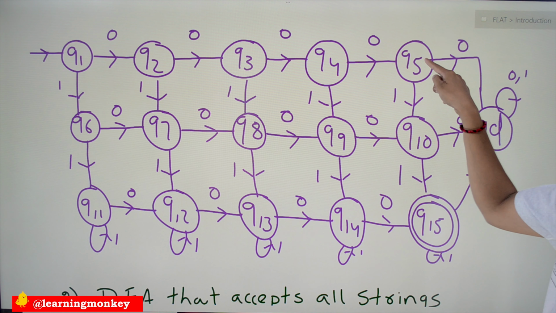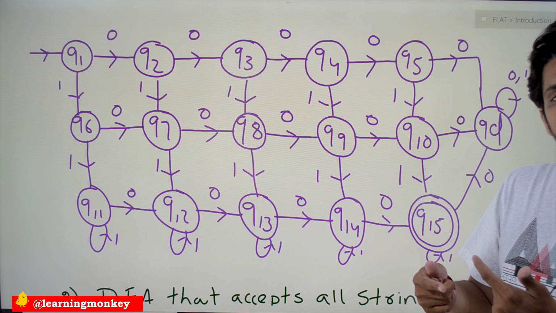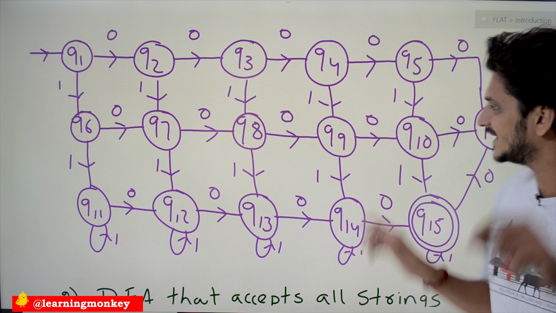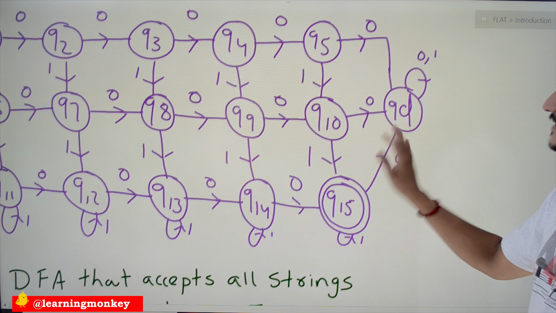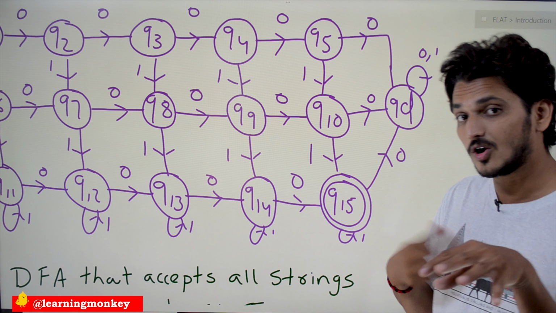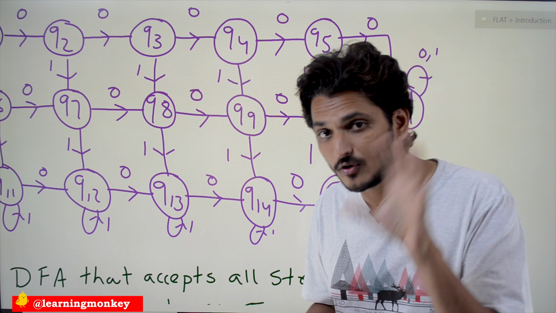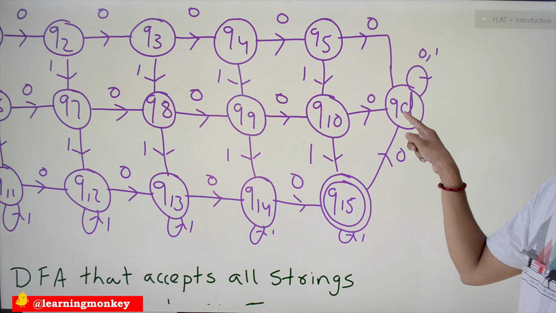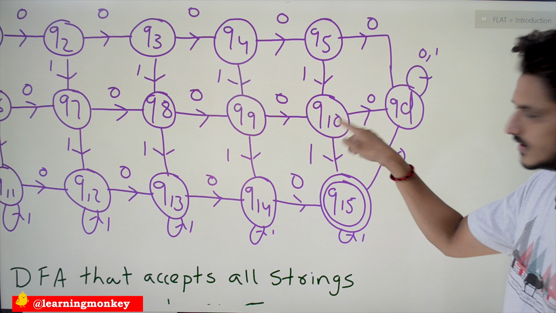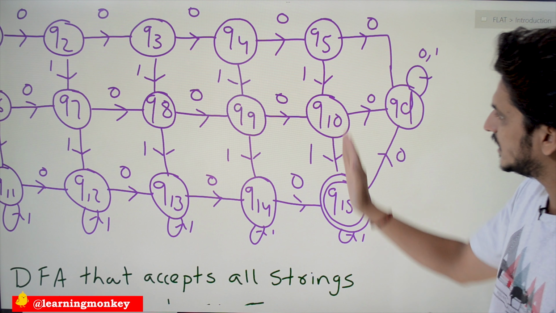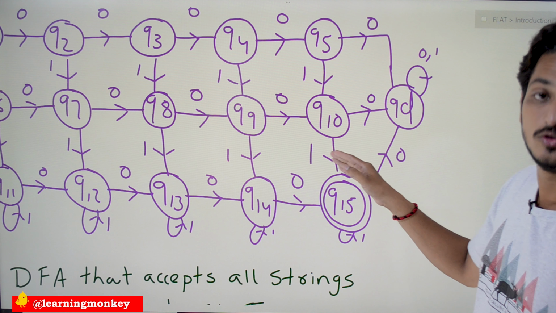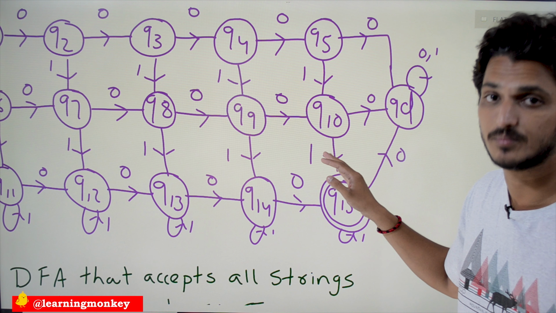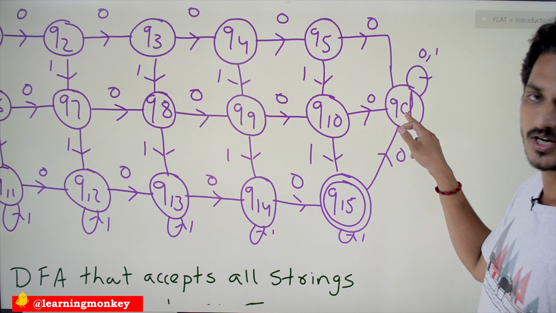After finding 4 zeros, if you find again 0, where do you have to go? You have to take the dead state. This is what dead state means, because our logic says we have to find exactly 4 zeros. So that's why we are moving to the dead state. After that, if you end up in this layer, it means in any state you found 4 zeros. After again you find 0, it means 5 zeros, not accepted. That's why we are going to the dead state.